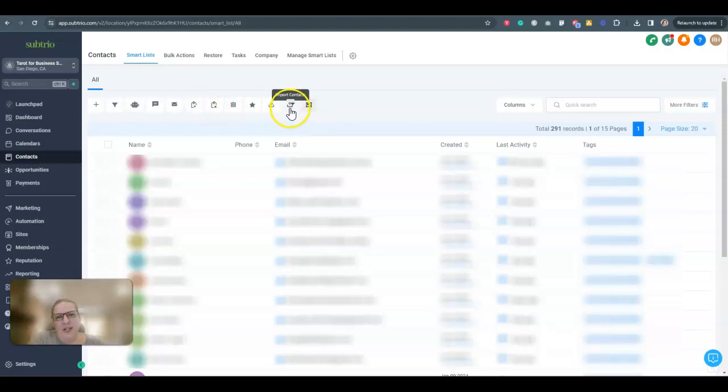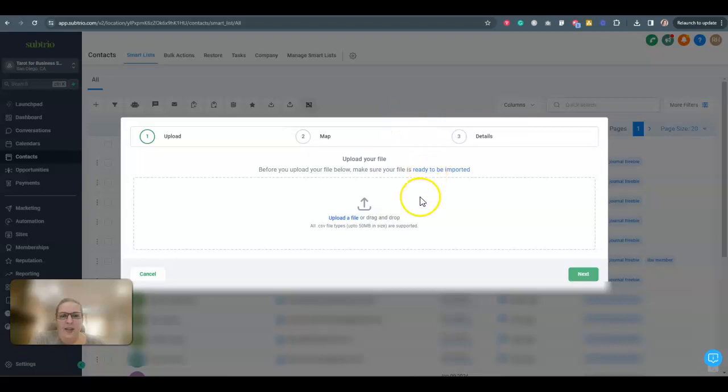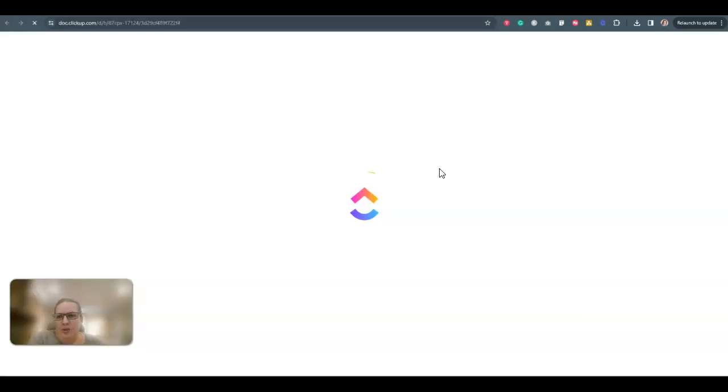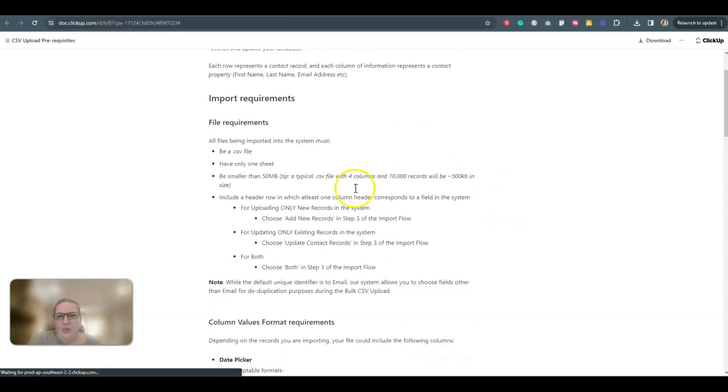And so we want to come over here to this one. It's a little up arrow. Import contacts, and you're just going to click that button. Okay. And then they give you a little warning that says before you import files, make sure it's ready to be imported. So I highly recommend reading this. If you want to, you just click on the blue link here and it opens up into a new ClickUp doc that you can go through and read, and it tells you all of the file requirements